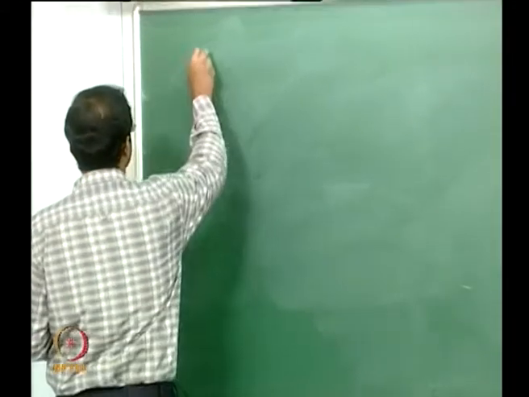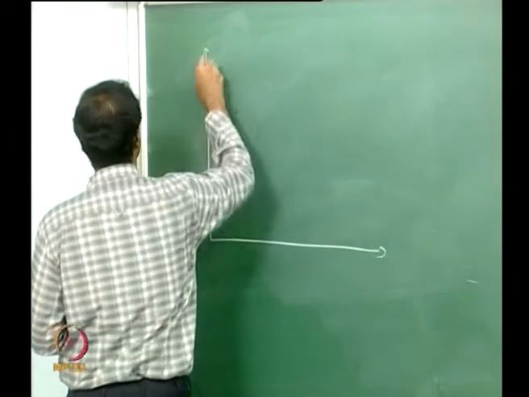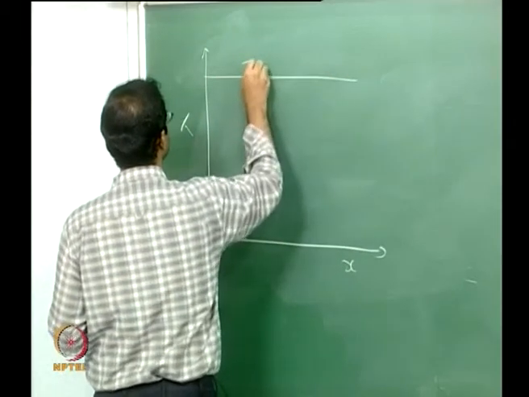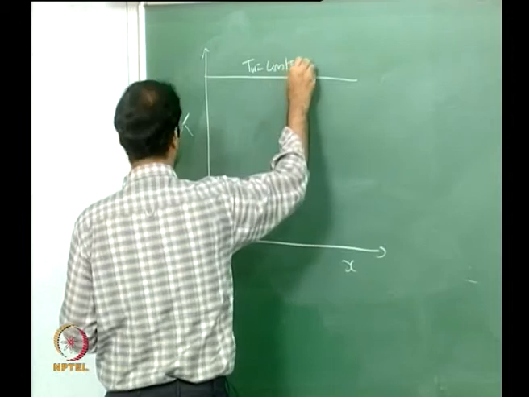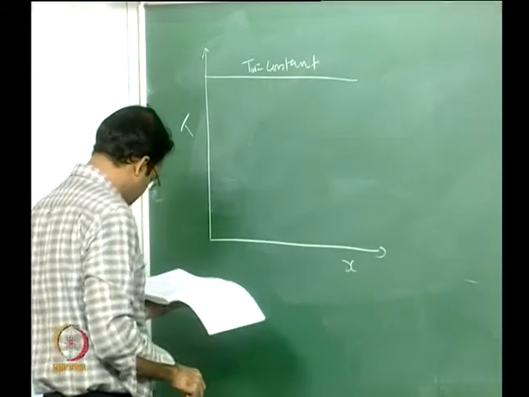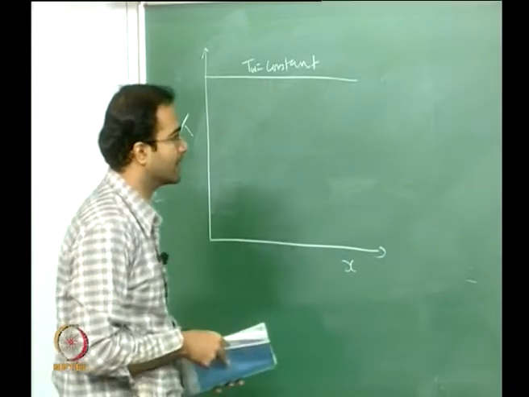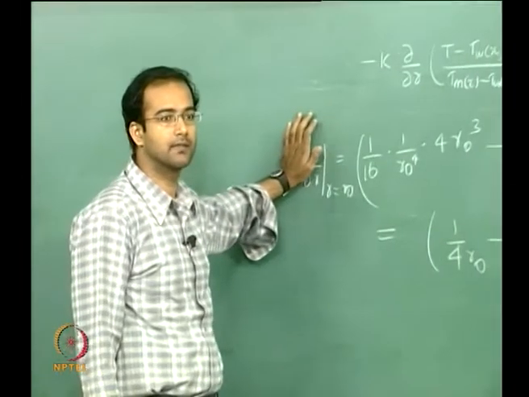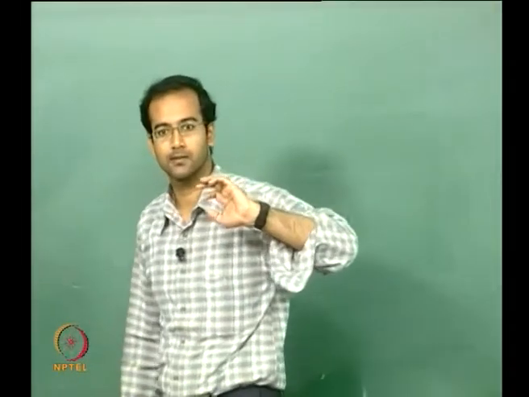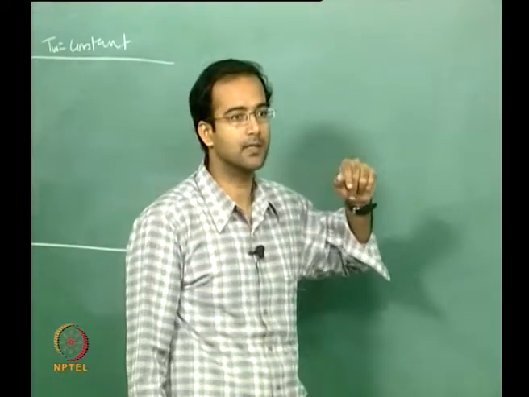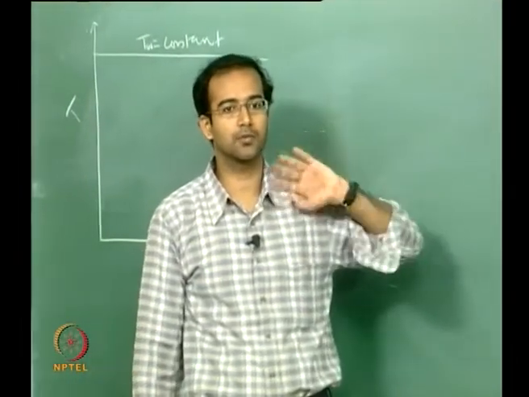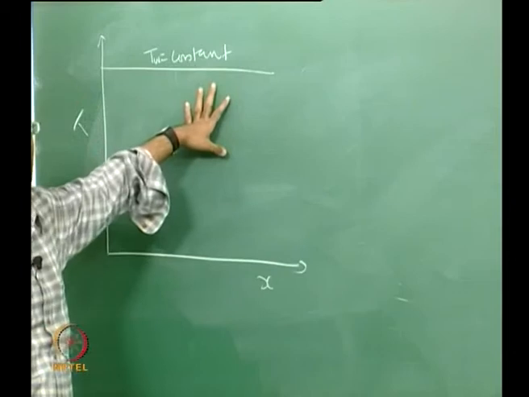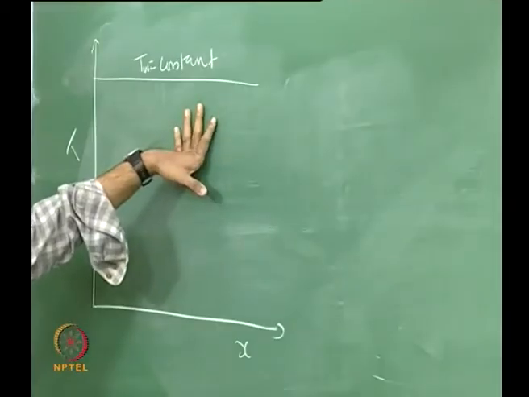So let us look at the profiles of temperature T as a function of x. Of course your wall temperature is now a constant. Now you want to know how the mean temperature is varying. Earlier, wall temperature, mean temperature and temperature at any location were just straight lines with equal slopes. So now it is not the case. There, from Newton's law of cooling you directly showed that the slopes have to be the same, but here it is not true. So in this case the wall temperature is of course a constant, but how the local temperature and the mean temperature vary is not clear.